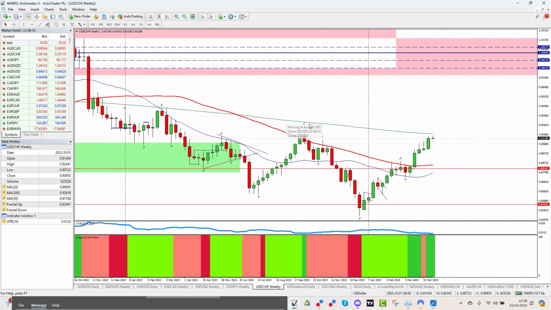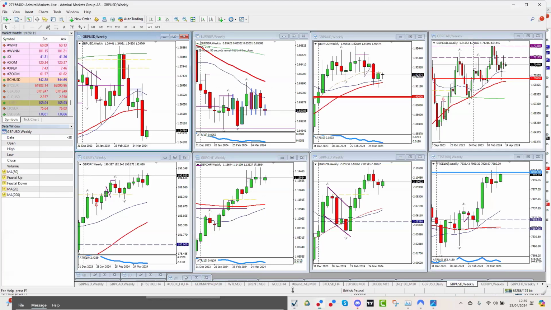Now you've got to look at that weekly chart as well. We're going to drift our way to the 200 period moving average. That's what I'll be looking at. We started out the year with Swiss franc as number 1, as I said, and all we've done is basically trough our way against that. That's just what's been showing up, that Swiss weakness that we've seen all the way through.